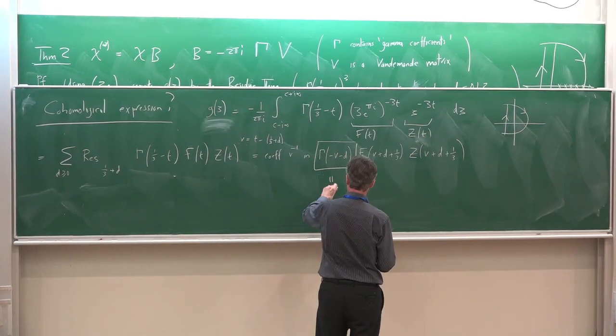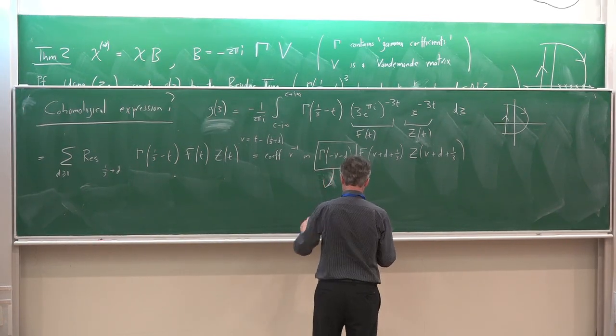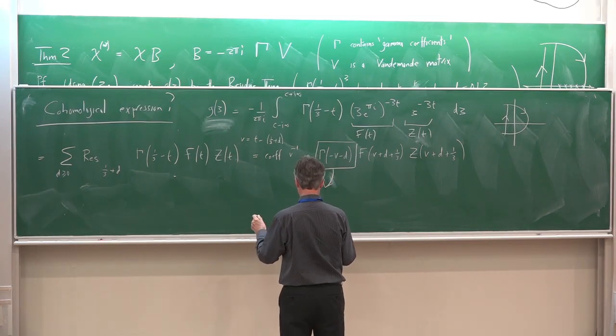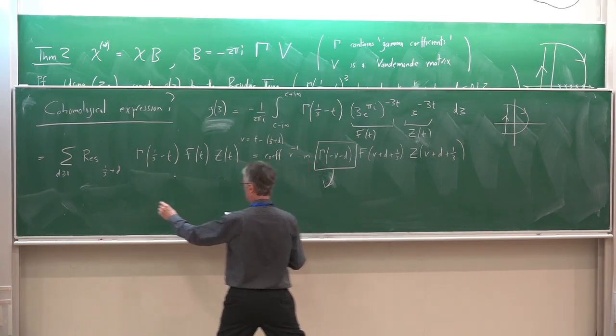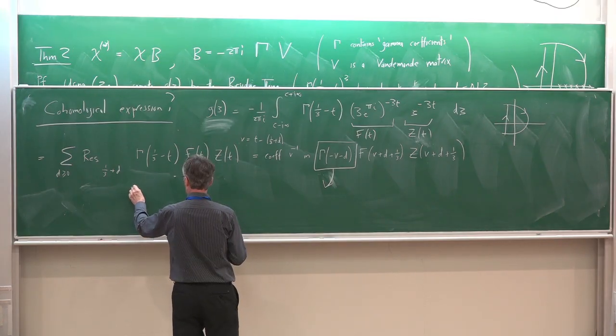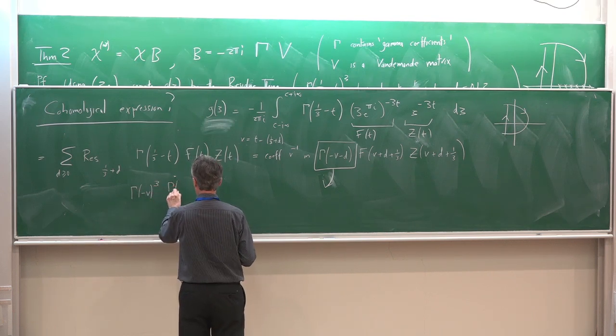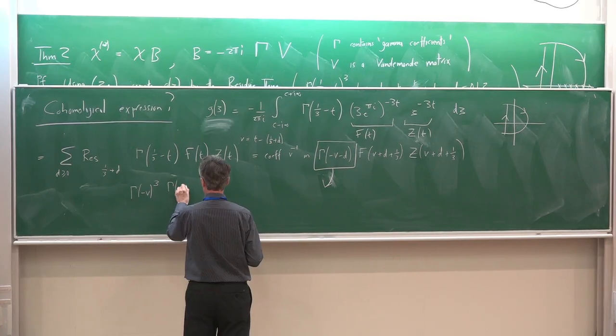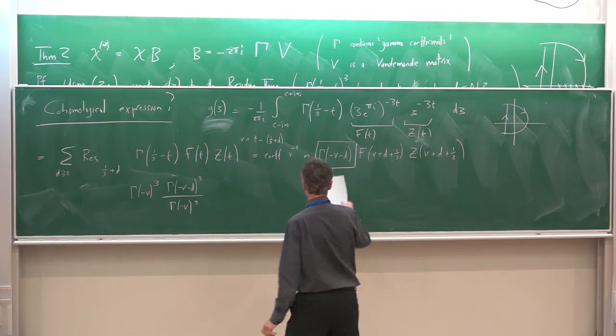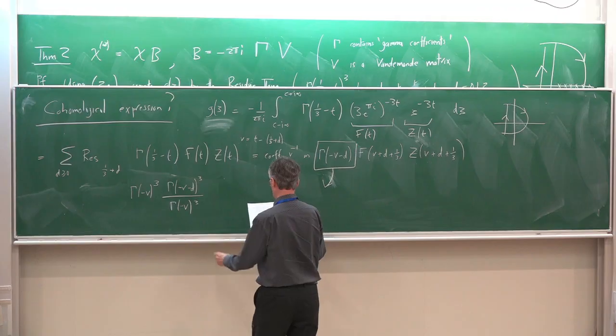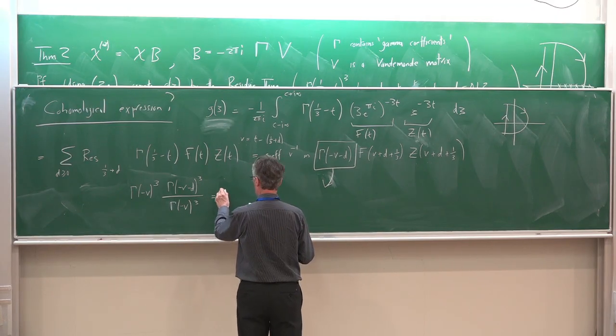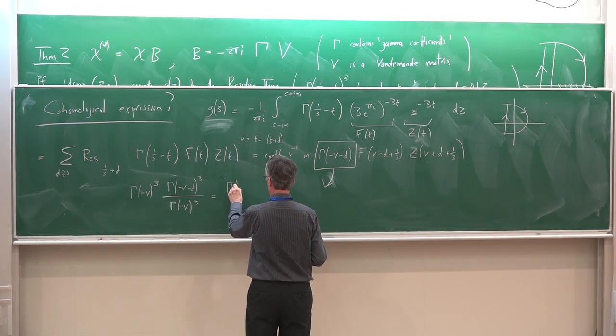Let's rewrite this as... so I'm just rewriting the thing in the box. So gamma minus v cubed. So I didn't do anything, right? This is just putting something in the top, something in the bottom. So this is the same as,